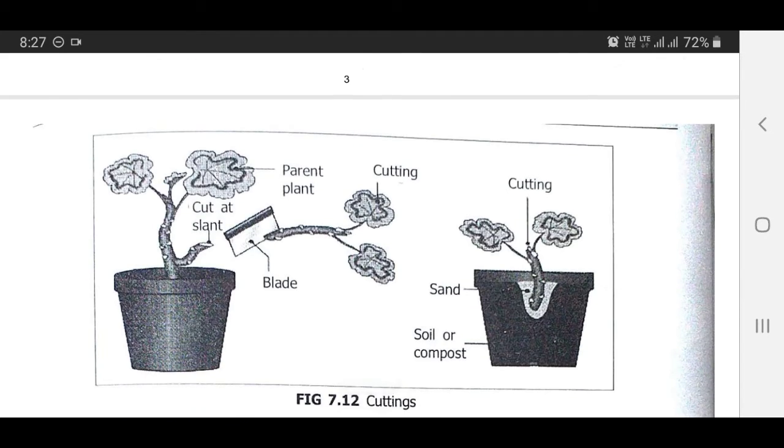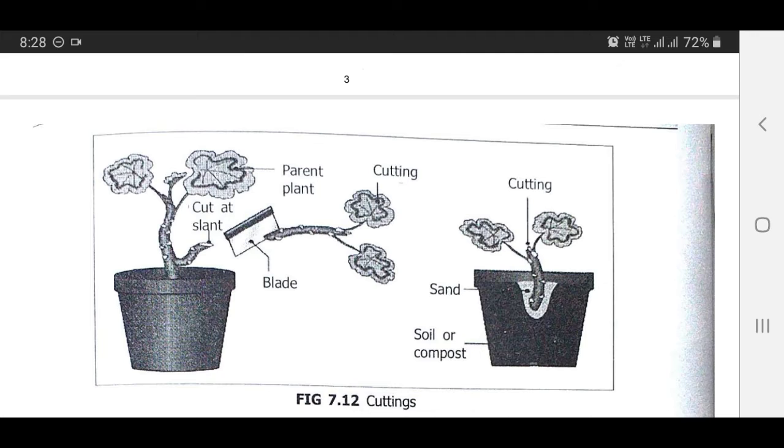You see the cutting propagation. In the case of cutting, generally a piece of stem is excised from the parent plant, and such excised shoots should be planted in the rooting medium with treatment of certain growth promoting substances, that is root promoting, and they initiate roots at the basal portion and become individual plants.